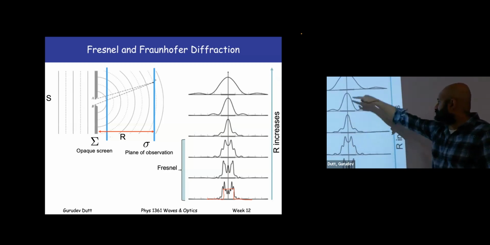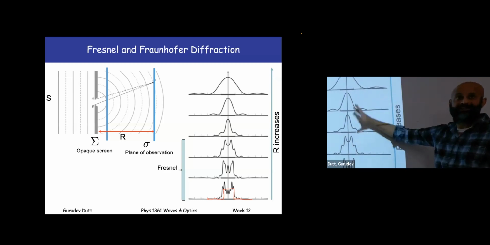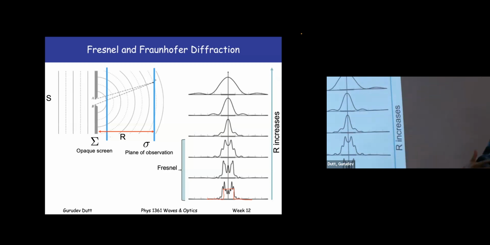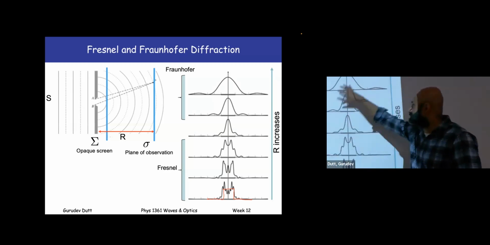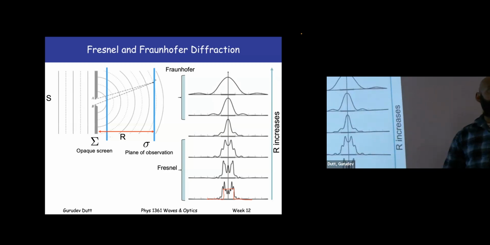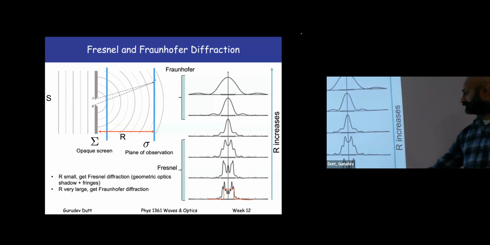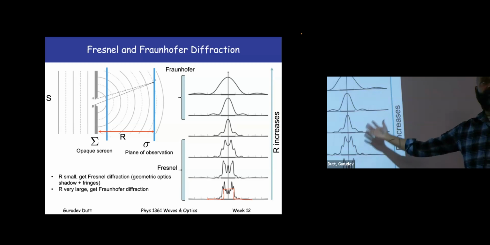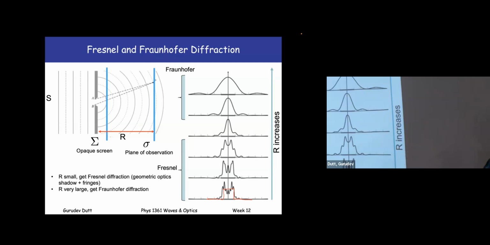Well, maybe around here it starts to resemble more of this, but it isn't quite. This is an intermediate, so it's not quite as clear. Okay, but so I would say, we break up this thing, it looks something like this and like that. One is Fraunhofer, one is Fresnel. I'll make this a little bit more concrete or rigorous in the next couple slides. But this is just to tell you what you would actually observe and how we classify the difference between these